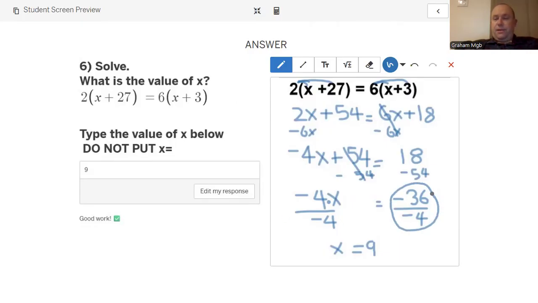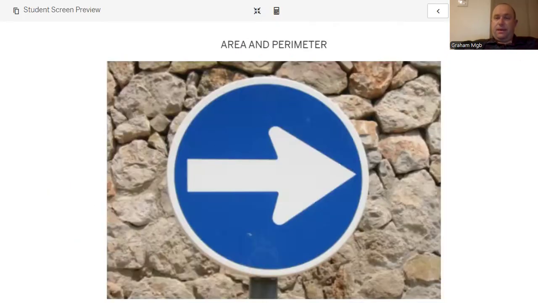And just make sure you check things like this on your calculator as well. Negative 36 divided by negative 4 is positive 9. And now on a test, you would type your answer into the space provided. But without multiple choice, you don't know if your answer is correct necessarily. So it's one of those where you've got to trust your method, take your time, and be careful as you're